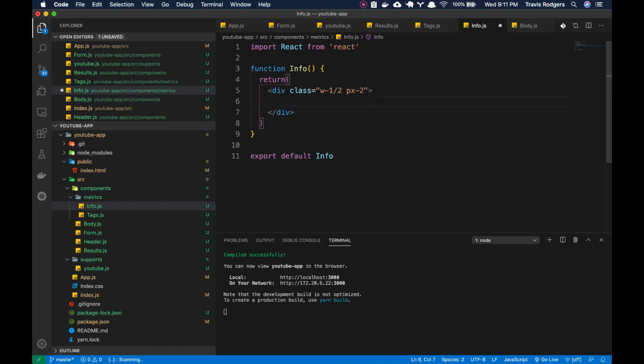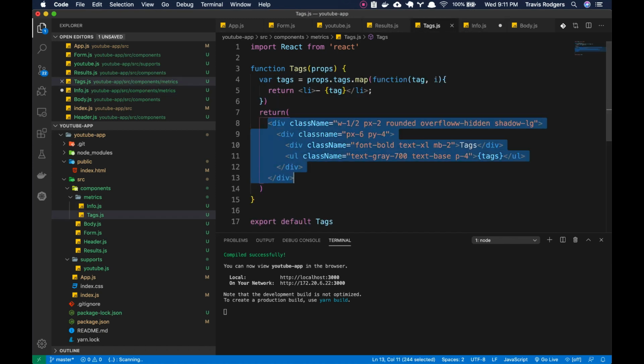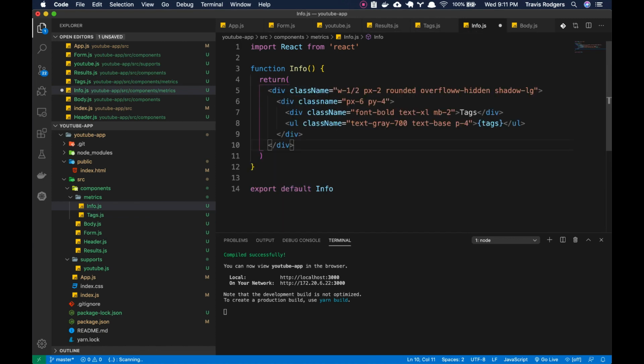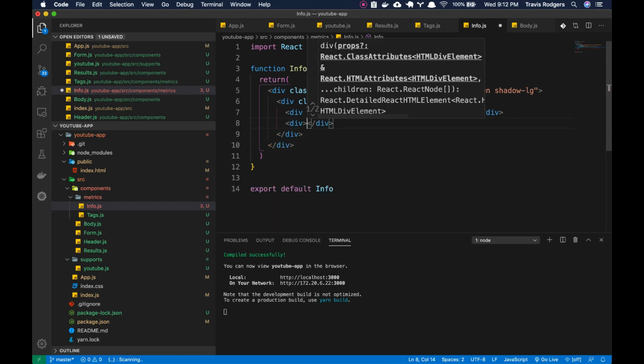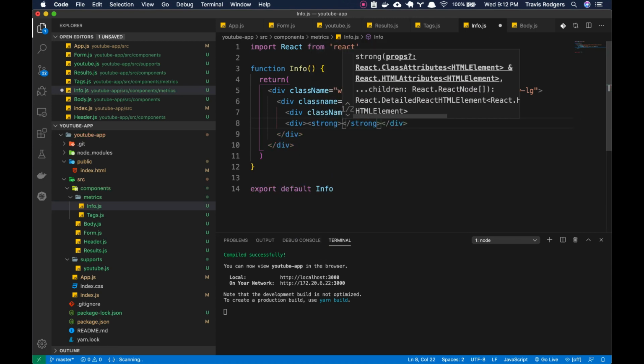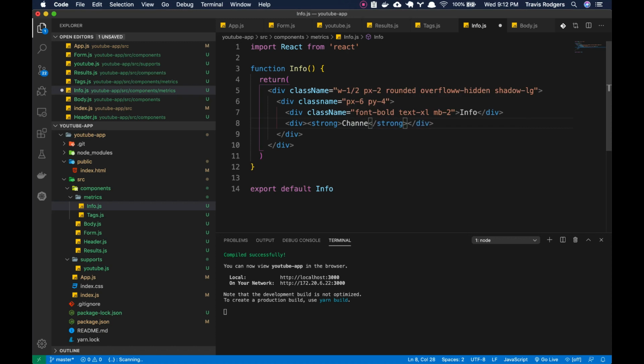Let's get rid of this. Actually, let's just go back to tags and just copy this and paste that here. So we have the rounded and the shadow. Everything is kind of matching. We have the padding X, padding Y. Let's get rid of this one and let's put info here. So info, and let's do a div. Let's put a strong tag in there. Let's put channel title. And after strong, let's put a span